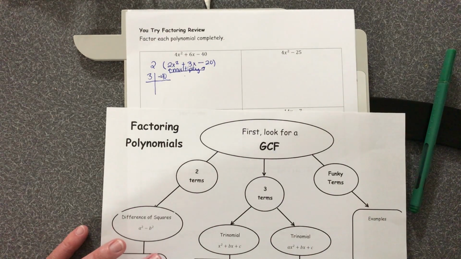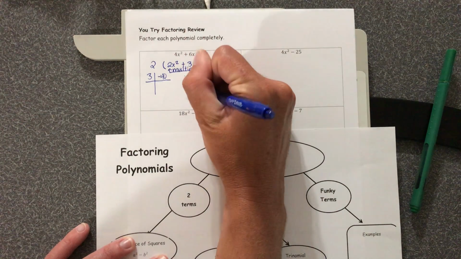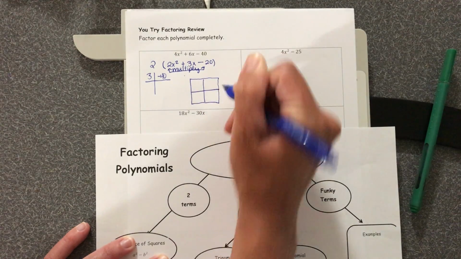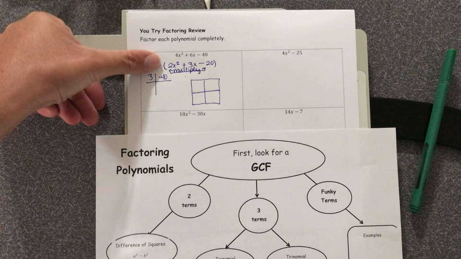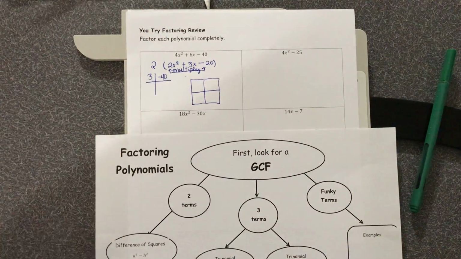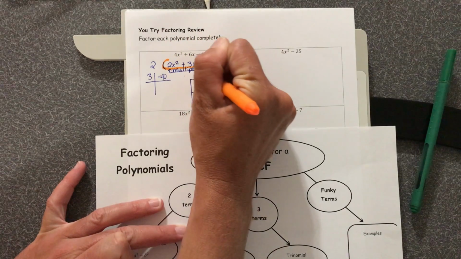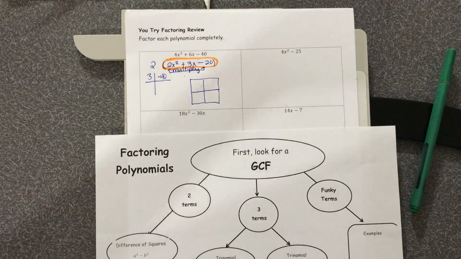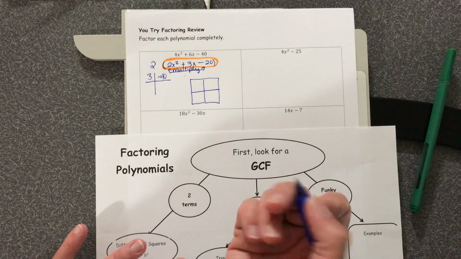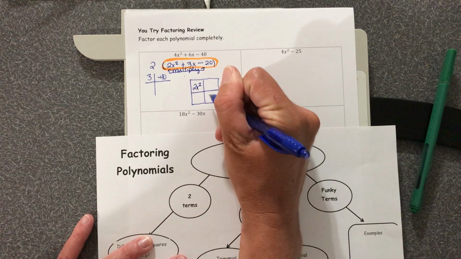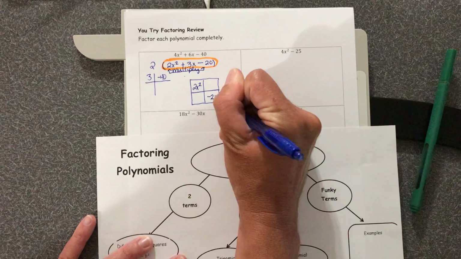And then I'm going to set up my box as well. Now this step's really important. When we go to our box, we have factored out that first 2. We want to make sure that we box what's in the parentheses, not the original. The whole point of factoring out the GCF is to make it easier to factor. So I've took out the 2. The first term that goes here is the 2x squared, and then the last term is the c, the negative 20, because if I follow my foldable,